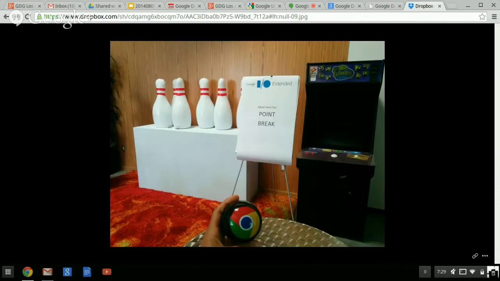This was their little lobby area there. They have an arcade there. It was turned off, so we didn't get to play, unfortunately, but everybody was going to all these sessions and learning about different technologies. So we didn't spend too much time in this area. And then this little thing that I'm holding in my hand there is actually a Magic 8 Ball that has the Chrome logo on it, so that's pretty cool.